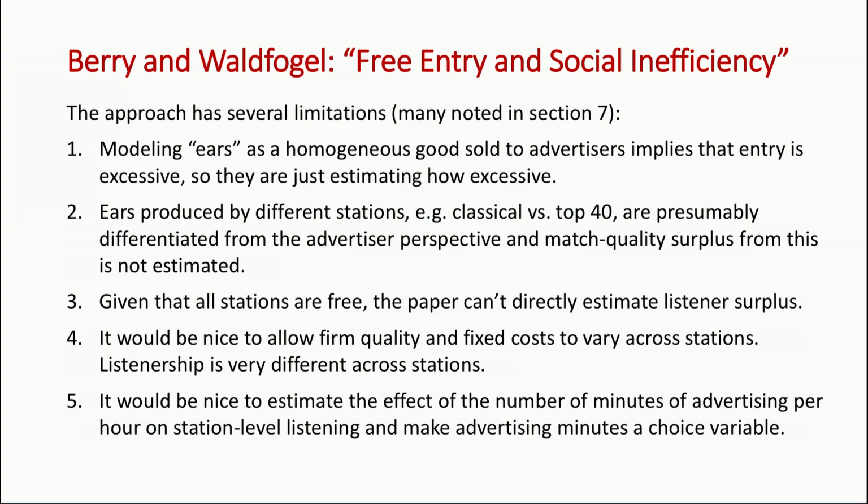It's definitely true that they're estimating how excessive it is by estimating that sigma parameter, and if that sigma parameter had come out to be 0, they would have gotten a much less excessive entry. But the model is always saying that entry is excessive and doesn't have estimates of the things that would let you say there's insufficient entry. What would those things be? For instance, if you could estimate how differentiated the goods are: are people who listen to classical music versus top 40 music valued differently by different advertisers? Do the advertisers gain from match quality? That would be one thing leading us to want more stations besides the consumer surplus.